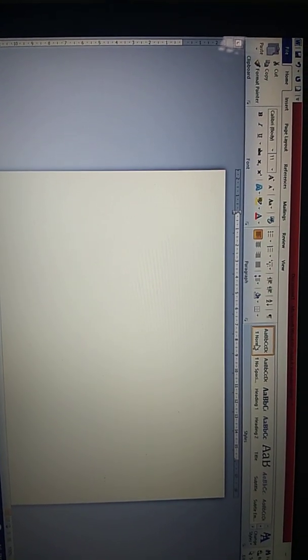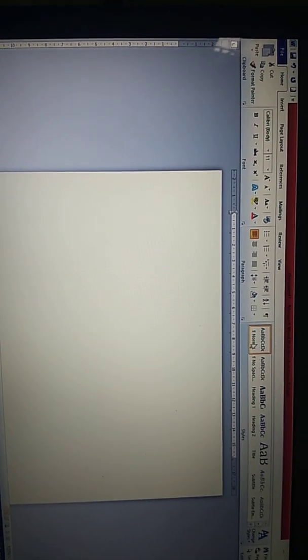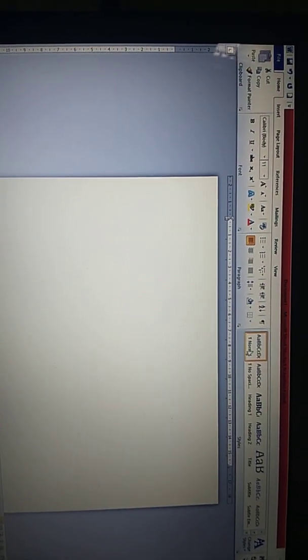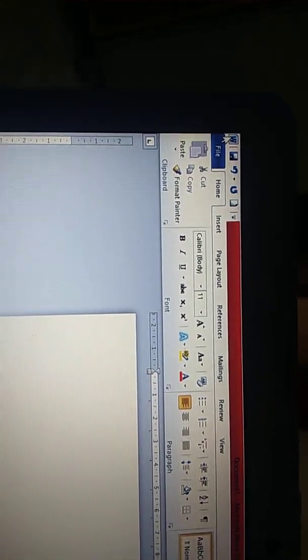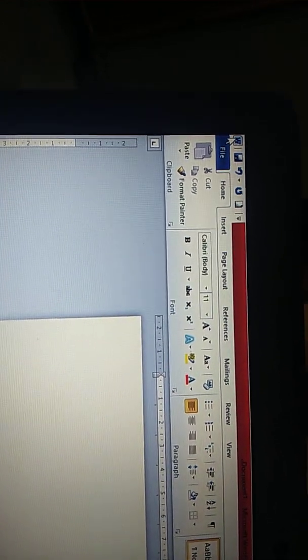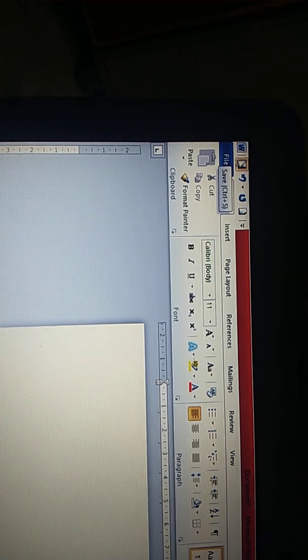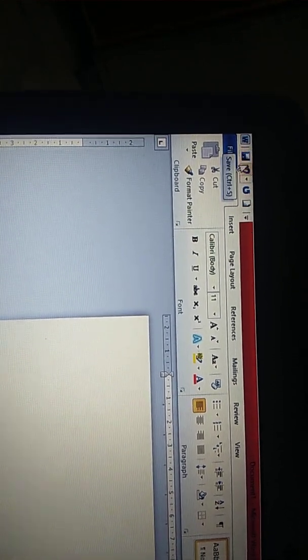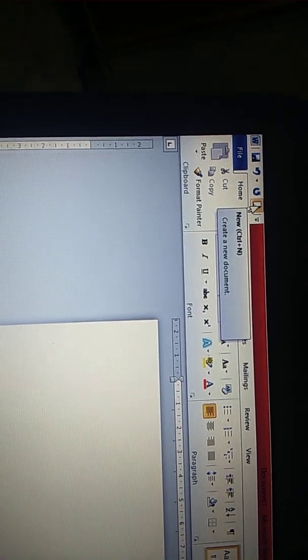You know how to open Microsoft Word 2010, that is click on Start button, All Programs, Microsoft Office, Word 2010. Then the first page of Word looks like this. Here you have Quick Access toolbar, that is here you have some specified buttons to quickly open the options. This is the Word application. This symbol of floppy is the save button, then undo button, redo button and new button.